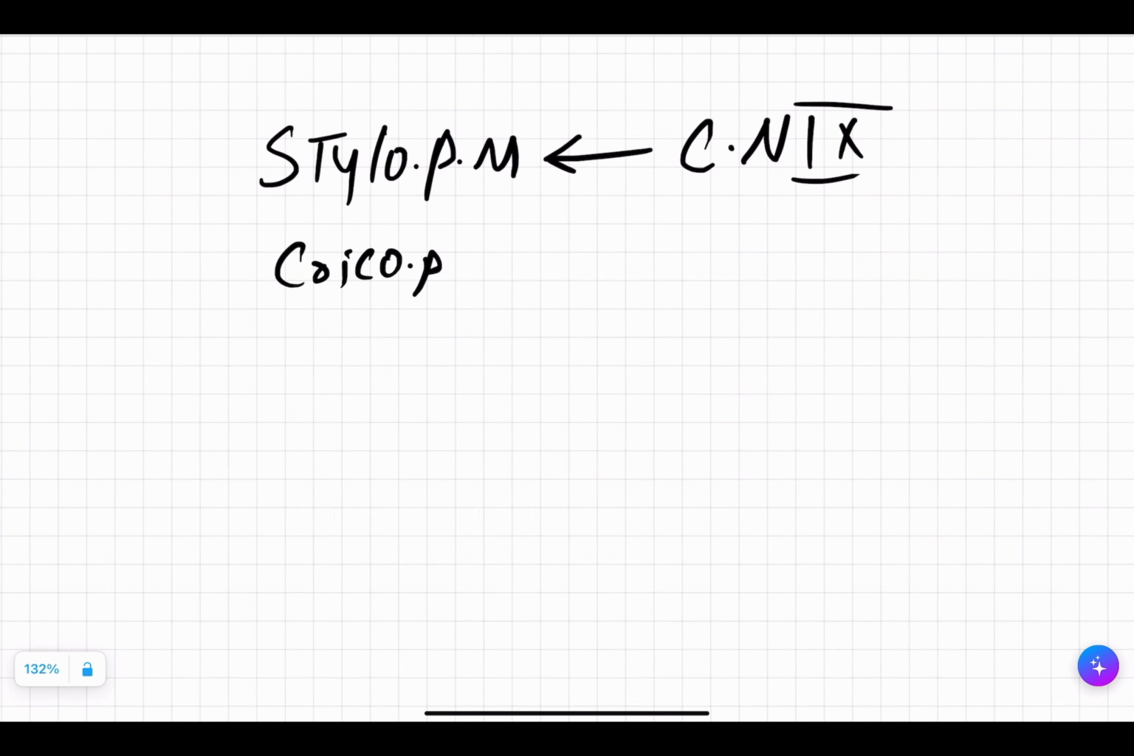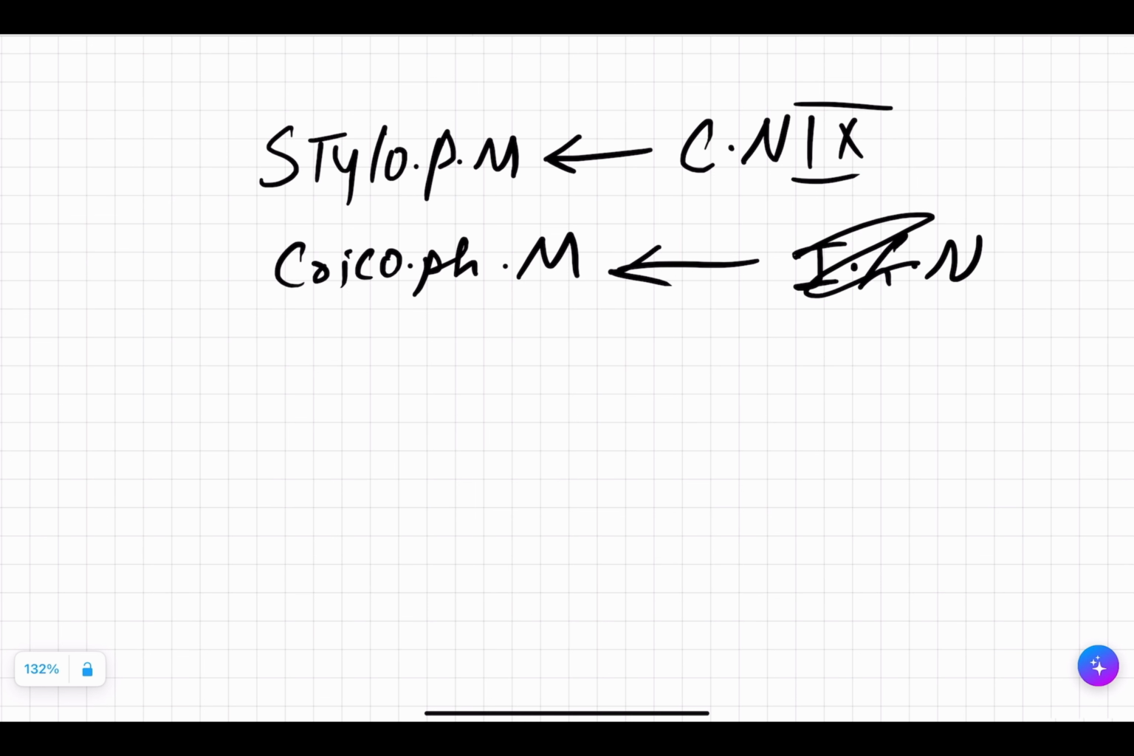Cricopharyngeus nerve, sorry, not nerve, cricopharyngeus muscle. Cricopharyngeus muscle was supplied by what? Internal laryngeal nerve. Got it? Internal? No, not internal. Recurrent laryngeal nerve. Got it? So two muscles are supplied by cranial nerve 9 and the recurrent laryngeal nerve, while the rest are all supplied